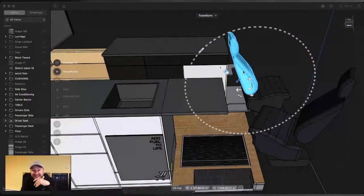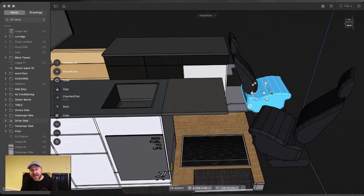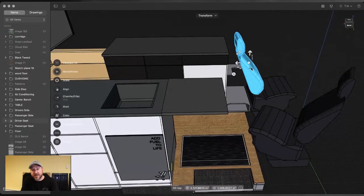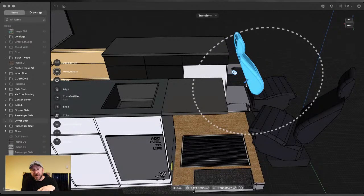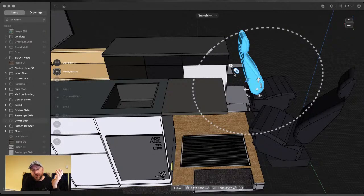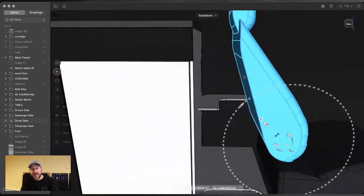Anyways, let's go back. I wanted to be able to have the driver's seat lean back quite a bit. Now, this is not an exact representation because the driver's seat actually sits a little bit farther forward, about here. When you look at this, this is the curve point where it rotates from. So I can go quite a bit back in the driver's seat. But what I found was that there was an area behind the driver's seat that was